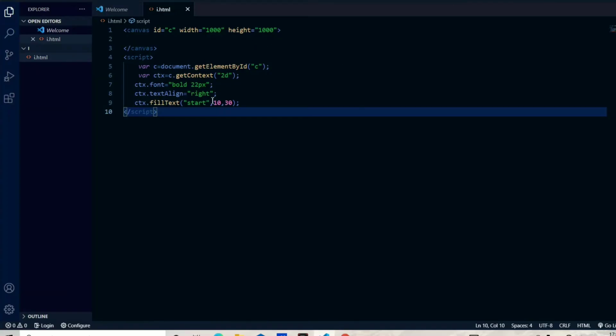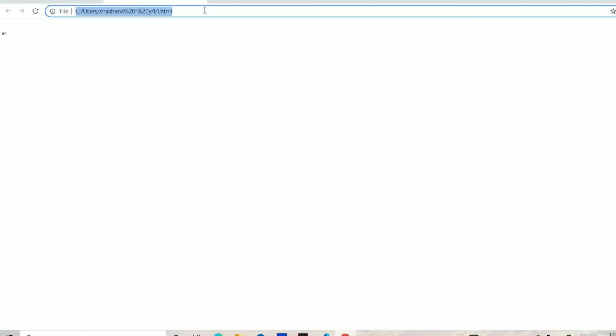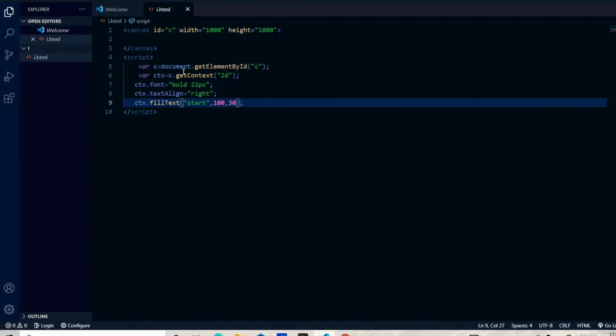And as you can have a look at here, it is showing, but it is collapsed there. I am using 100. I save it, and I just open. As you can have a look at here, I have created a start text with bold font 22 pixel. This is how creating text works in the canvas.